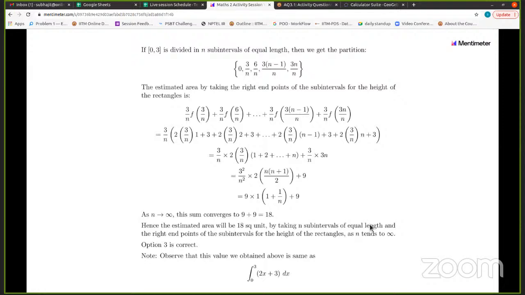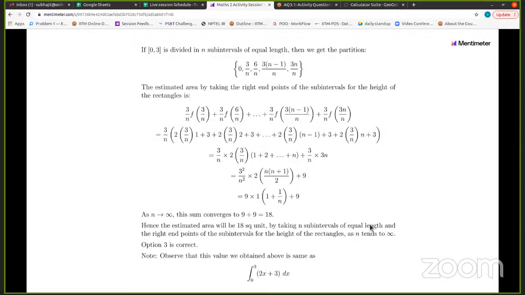So have you done this one? Any of you? Sir, as n tends to infinity, can we apply direct integration? Yes, you can apply direct integration without going through these steps. But I have given this expression problem